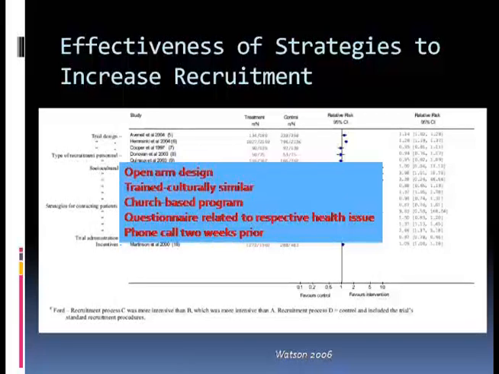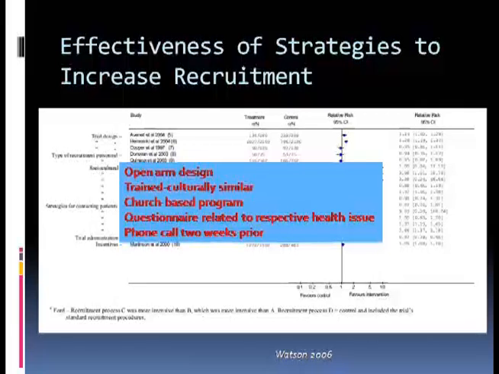Hispanic patients that were trained to recruit other patients, so Hispanic patients already participating in the trial had been there, done that. They were compared with non-Hispanic women that were trained, non-Hispanic women that were not trained for recruitment, and Hispanic women not trained for recruitment. Turned out that if you're speaking their language, addressing cultural issues, and you were trained how to do recruitment, you perform the best.